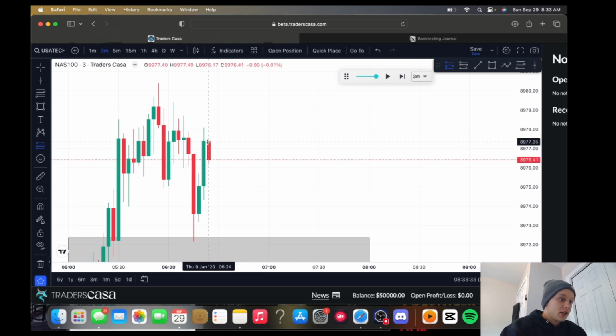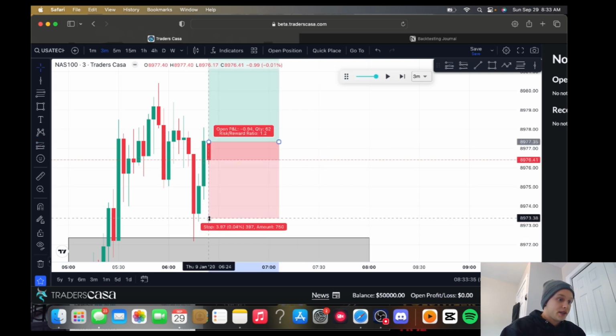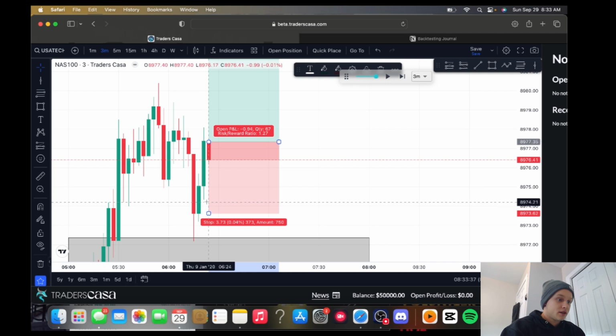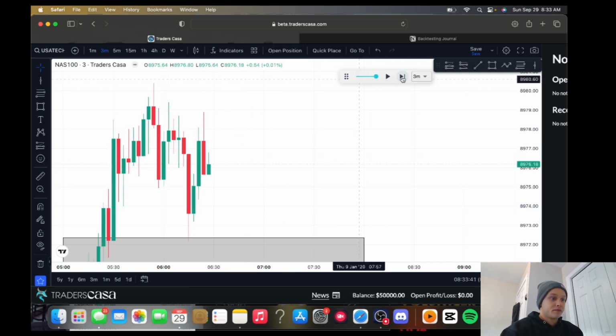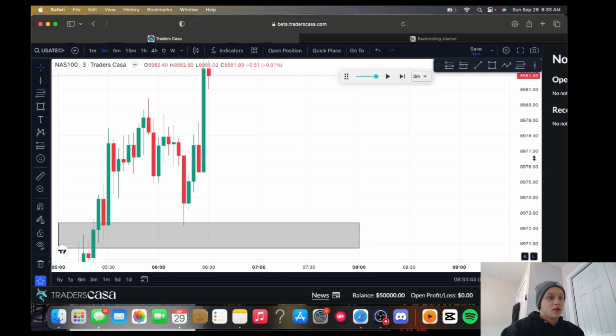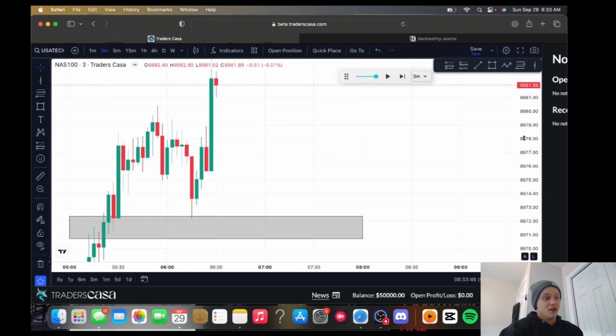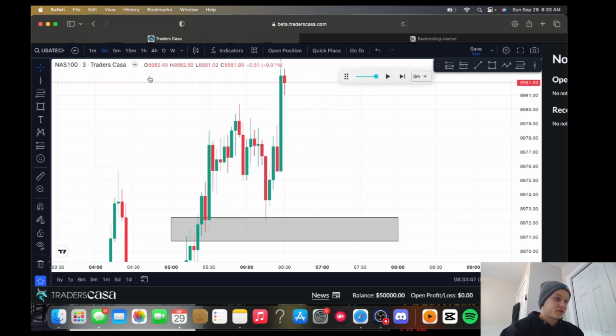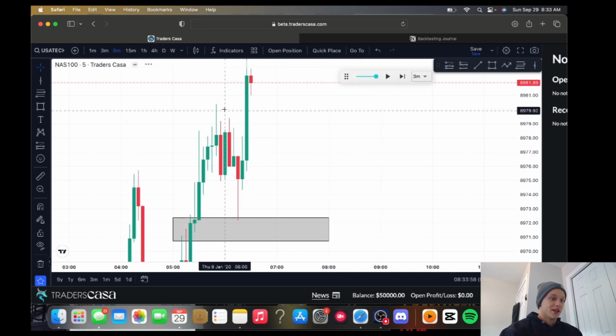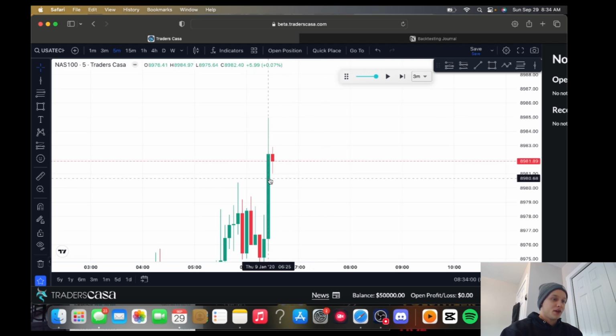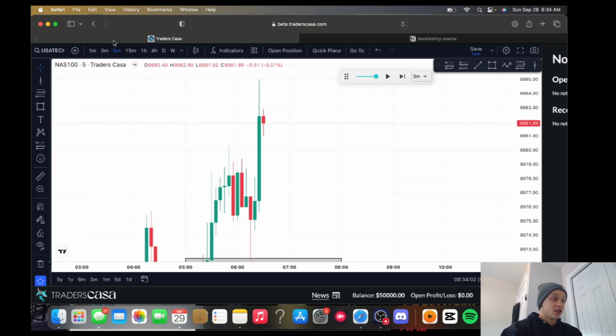So, not gonna lie, I would probably take this and give this a shot. I would not give this a shot because it's not in session. And you guys can see the trade would have worked out. Lovely. But it's not in session. So we've had 2 trades work out so far that are not in session. Maybe we just don't trade in session anymore. We're in session now.